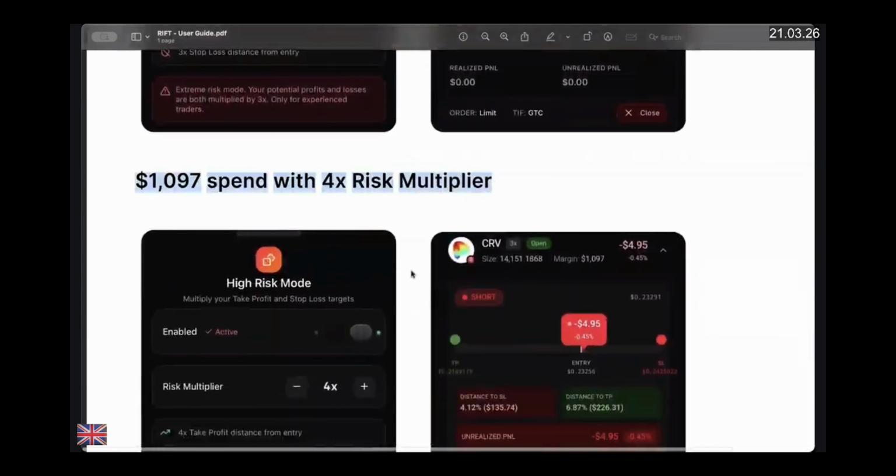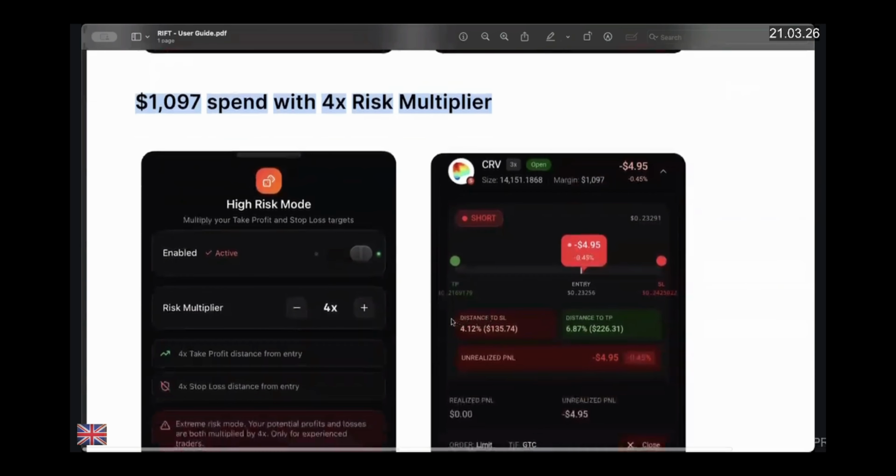$1,097 spent with 4x risk multiplier. This gives a stop loss of 4.12% and distance to take profit at 6.87%. That's also a very good entry and stop loss point at which a trade can be placed. And during this trade also, you can smartly monitor the asset and close the trade as soon as you realize a little bit of profit,